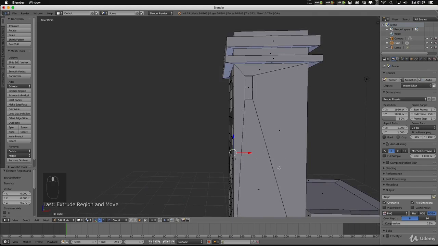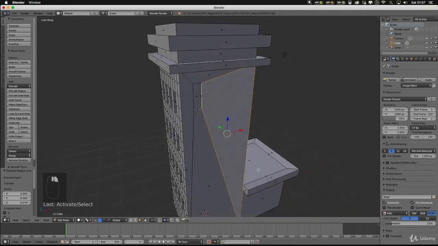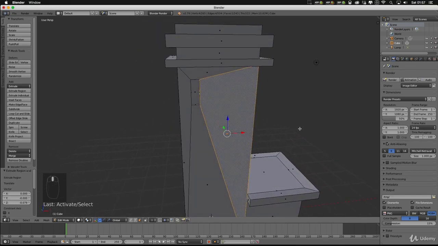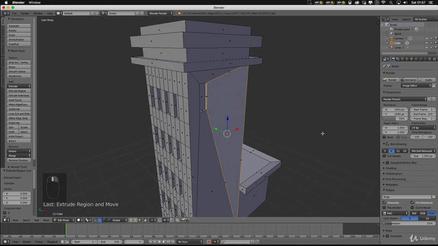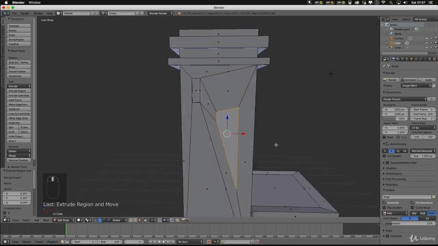Now if you want to add extra windows into here, you have to be quite careful if you're going to use this extrude method, because if we select this face, you can see that it's this shape. So if we E to extrude and then S to scale, you can see it's actually still the same shape as our original geometry.